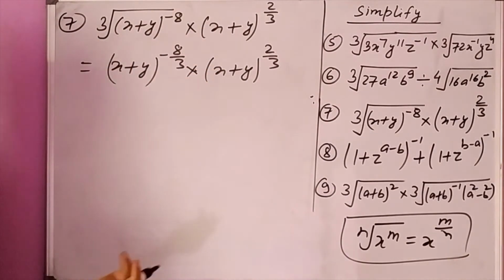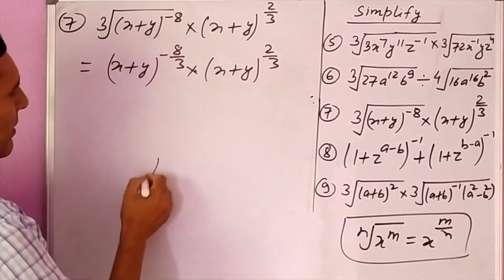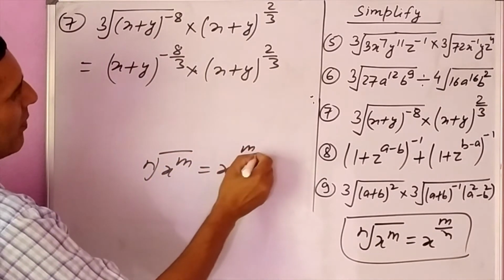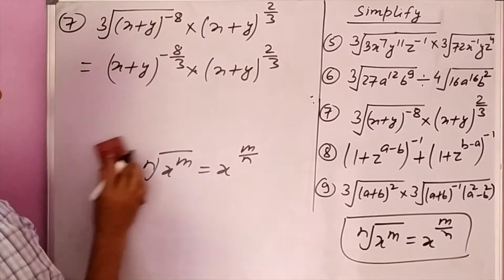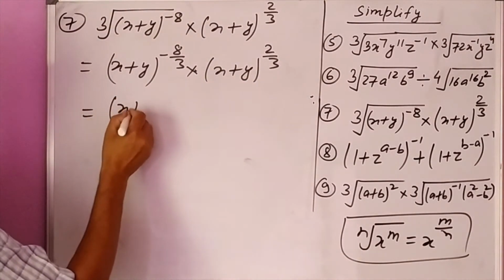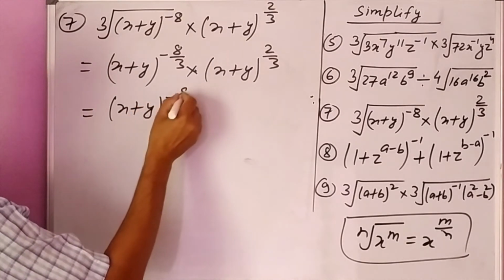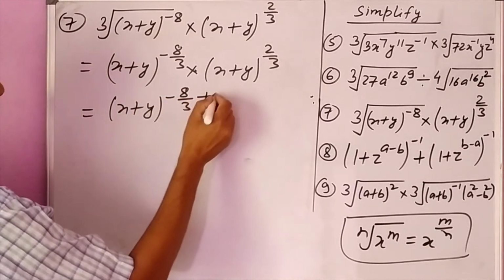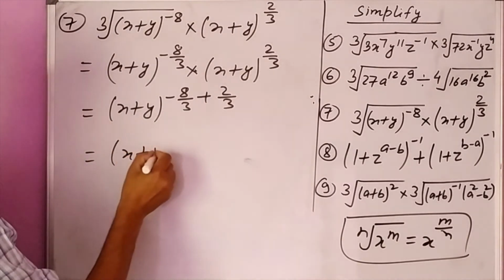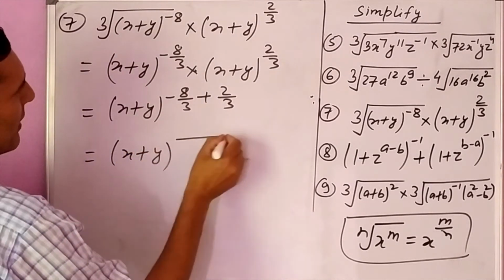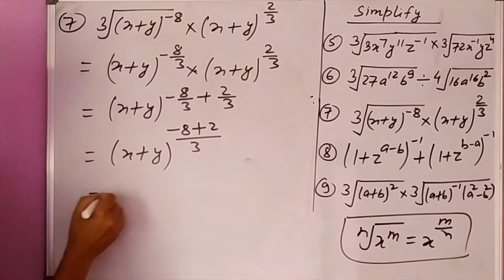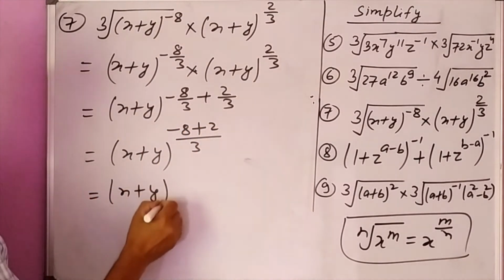Because again, using the same root law of index, nth root of x to the power m is equal to x to the power m upon n. On the same base, powers are added together. x plus y is the base here. Minus 8 upon 3 plus 2 upon 3. If we take the LCM 3 here, minus 8 plus 2, it is x plus y to the power minus